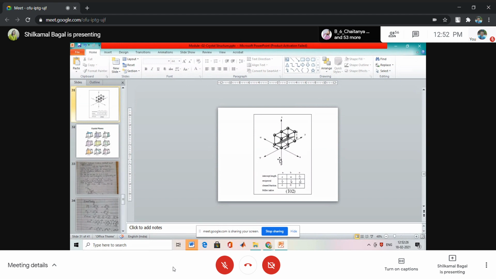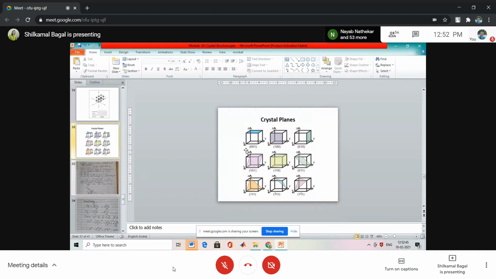So here we have studied what Miller indices are, that is, the indices of a crystal plane, how to write these indices of a given plane, and how to draw the plane of given Miller indices. So this much we studied in the last lecture. Now, today we are going to study